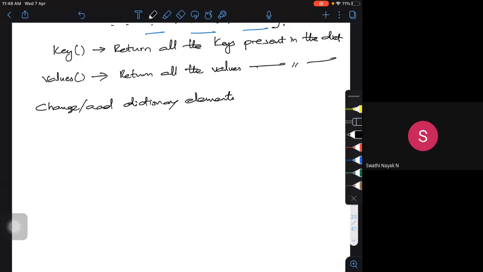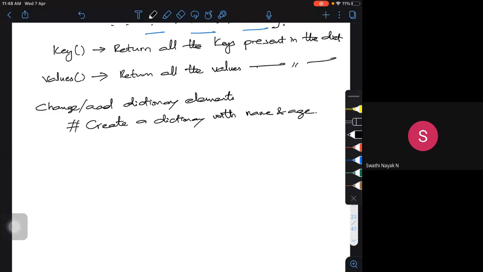Let me create a simple dictionary with a person's name and age.